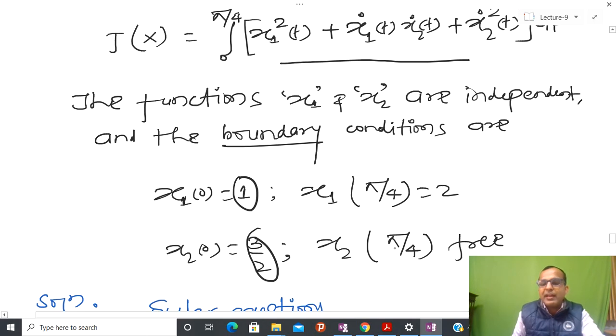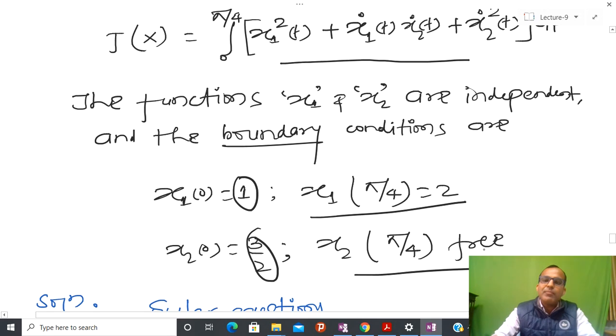I know the final time, and at final time x1 is specified but x2 is free. So one final state is specified to us but the other is not specified to us. Then how to solve that kind of problem? And you might have seen that nowhere in all four classes I have actually talked about this class of problem.